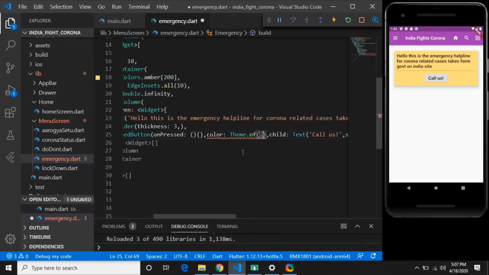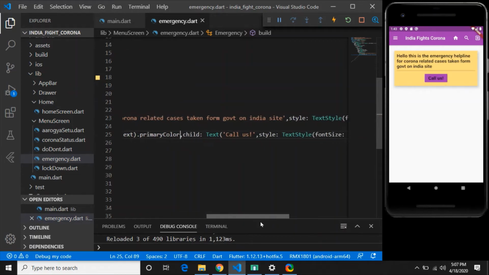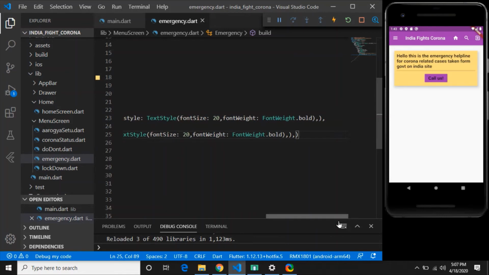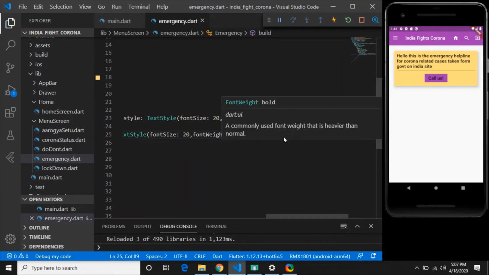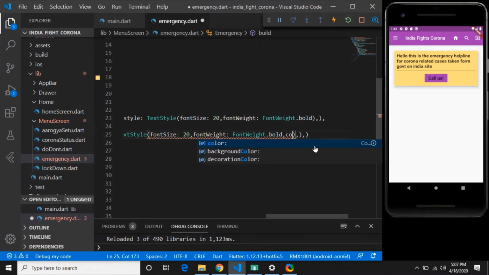So it will be nice to see. So this is the call us function, and I think text color should be white to match this. So what I will do, instead of bold, write color, and color will be Colors.white. So if you save this, yeah, now I think it looks nice.